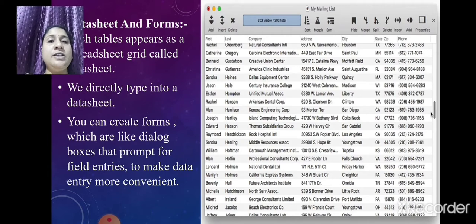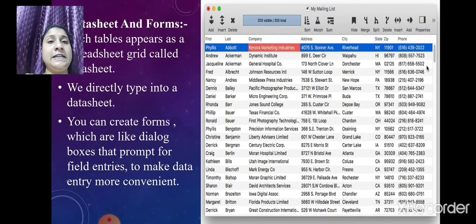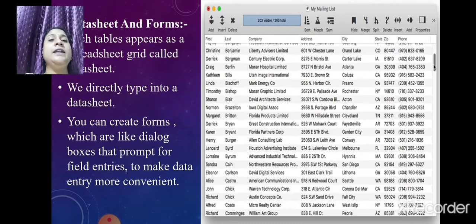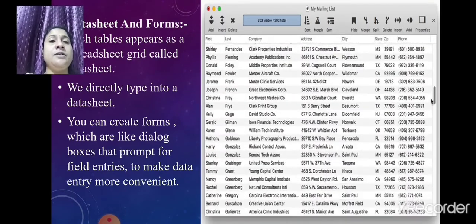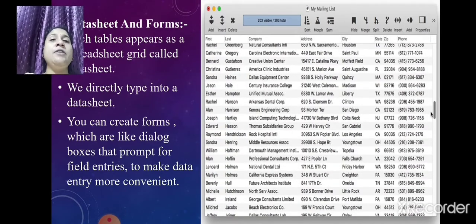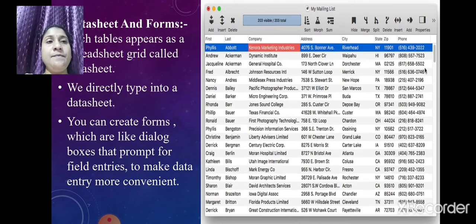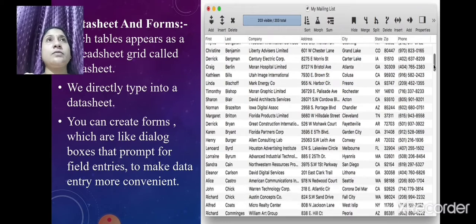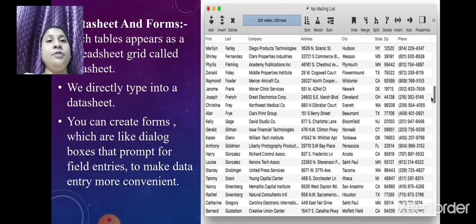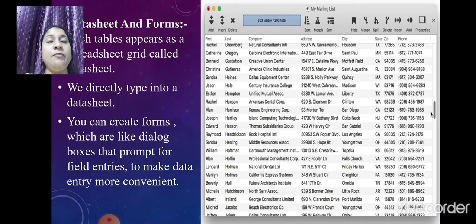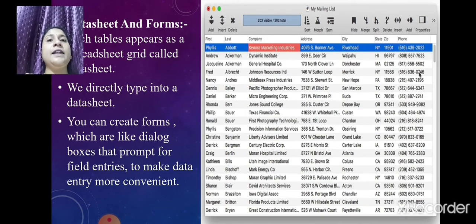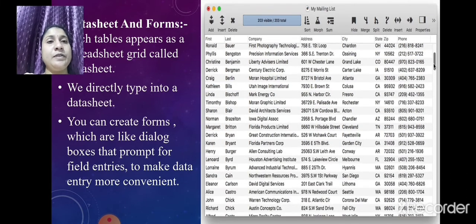All this is given in a datasheet. We can type directly into a datasheet. When we create a table and give the fields, to enter a record, any student name, we can directly type into that sheet.